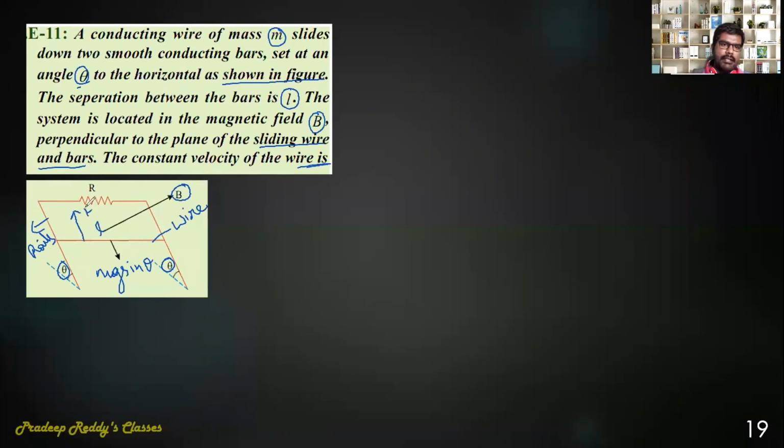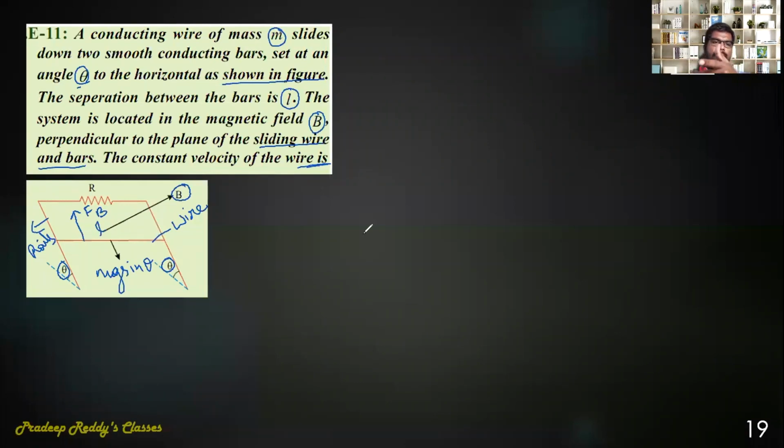This is the magnetic force in upward direction. Magnetic force should be in upward direction. You can use the left hand rule. So when you are using the left hand rule, you can write F, B, v. This is the magnetic field, this is the motion of the coil, and this is velocity v. So this is force, this is magnetic field, and this is velocity v.